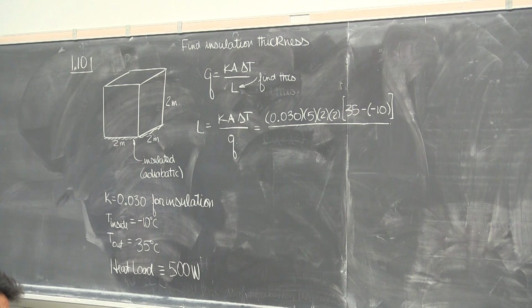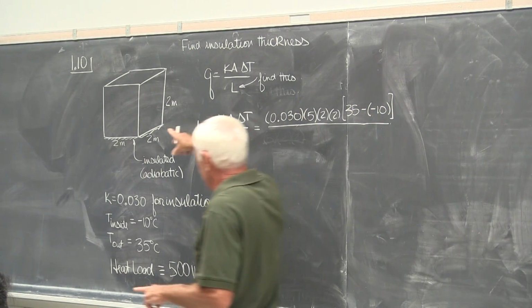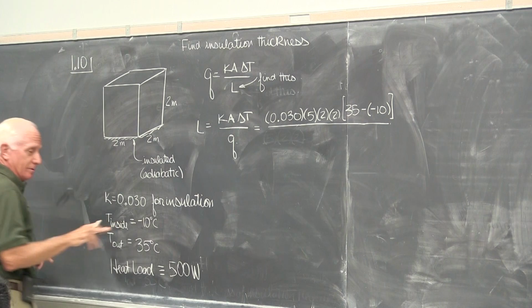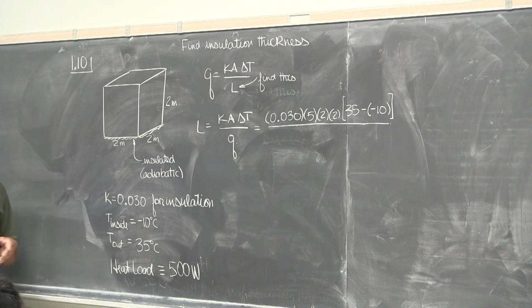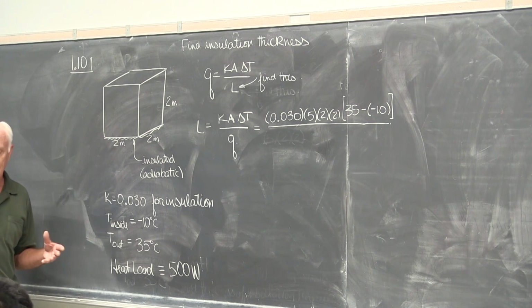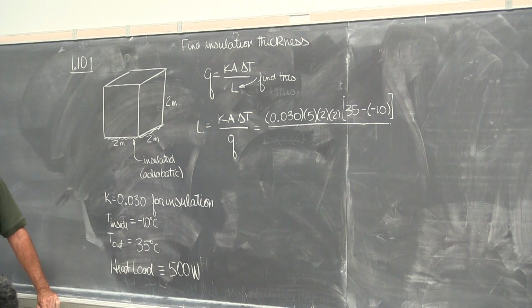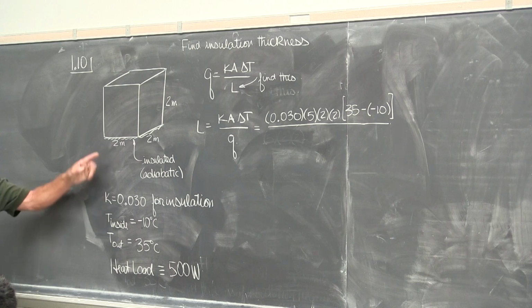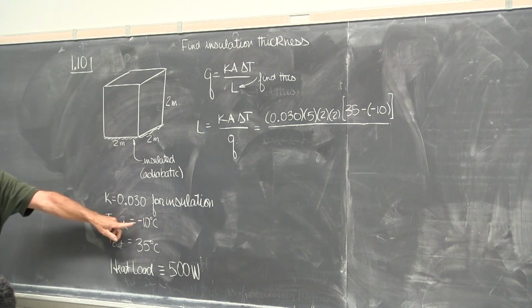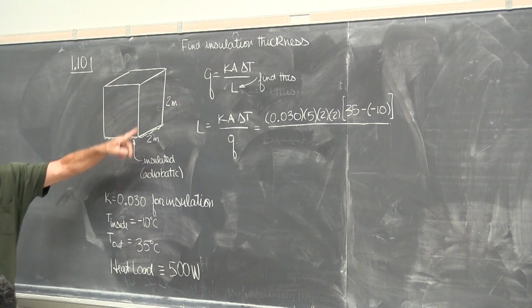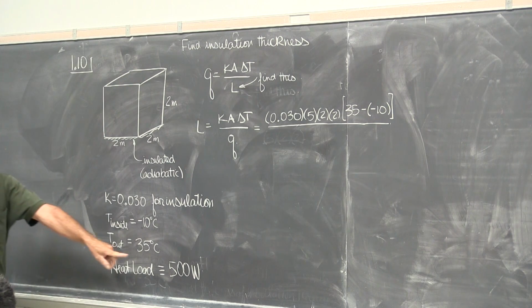As we know, it's classic on final exam week. Something goes out and this room gets about 95 degrees. That's because we're not taking the heat out of here. So we're trying to keep this freezer inside cold. And if you take a styrofoam cooler out to the beach on a hot day, stuff inside is going to start to get warm. So how much heat do you have to take out of here to keep that temperature minus 10 when the outside's 95 degrees? The answer is 500 watts.